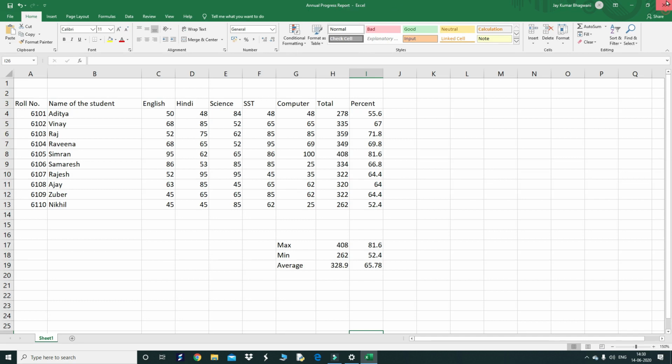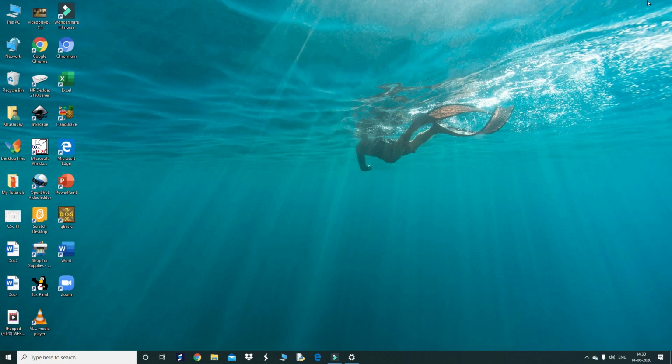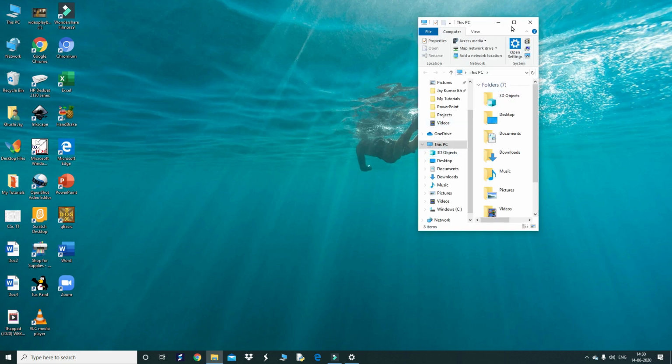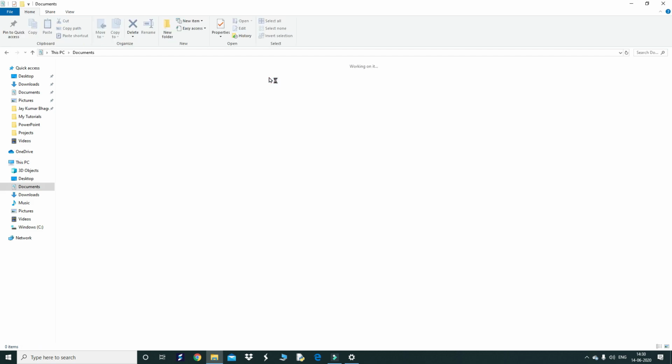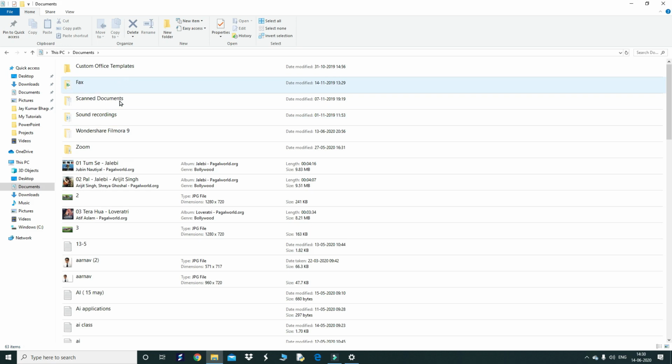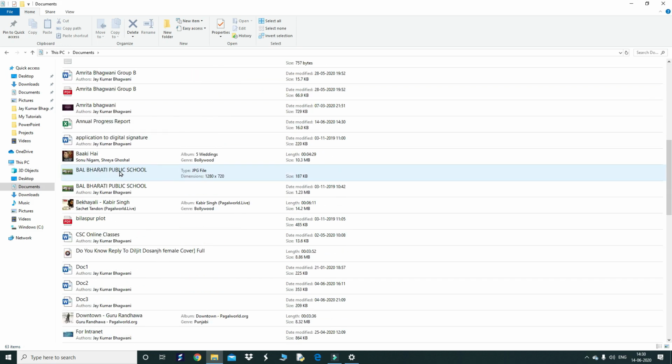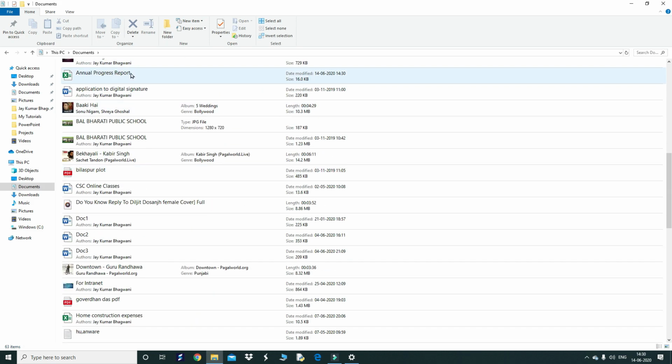Now let us see how to open this file. I have just closed it here. So I will go to my PC. Then there is a documents folder. This is called the documents folder. And here my file is there, annual progress report. Just locate the file, annual progress report.